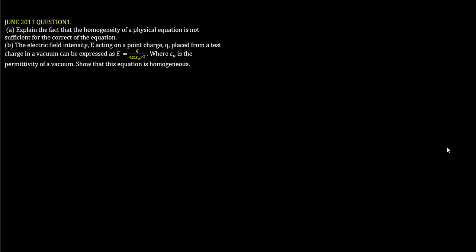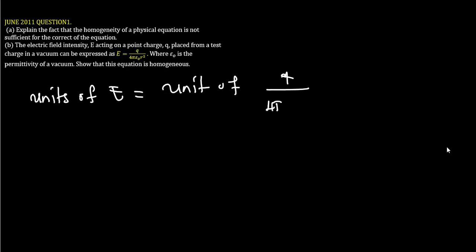Show that this equation is homogeneous. So to verify if it is homogeneous, we have to show that the unit of E is equal to the unit of Q divided by 4 pi epsilon 0 R squared. So it means